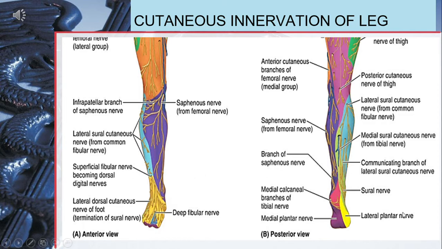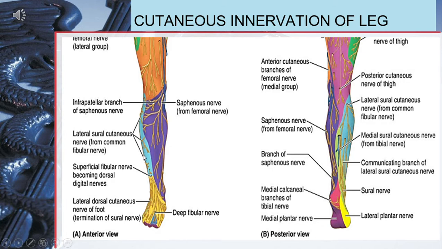Cutaneous nerves of leg, as with all the cutaneous nerves, are present in the subcutaneous tissue, and they are going to supply the skin and subcutaneous tissue of the leg. These are branches either of lumbosacral plexus directly or from the deep nerves arising from these plexuses. We can clearly observe here that anteriorly the medial part of the skin is supplied by a saphenous nerve, which is arising from femoral nerve, also supplying part of the medial border of foot.